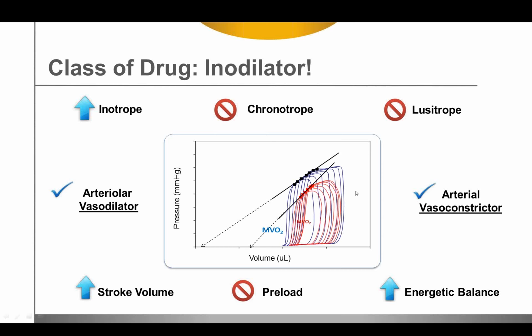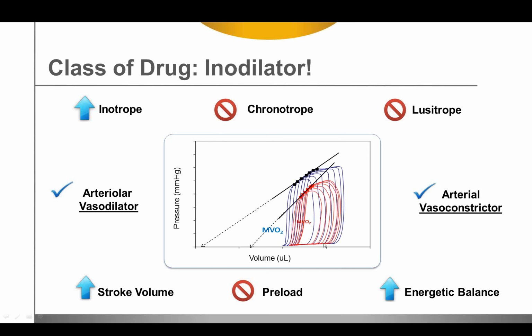Now remember, the blue PV loops are a family of loops obtained during heterometric autoregulation when we decrease the preload. We know that the slope of the curve connecting end systolic pressure volume points represents myocardial contractility. Then this rat was given a test article, we won't tell you what it is yet, in which you can see that the peak systolic pressure fell, the rate of rise of pressure fell, you saw from the dPdT slope, yet notice that the stroke volume increased, that the myocardial contractility increased, all in the presence of no change in